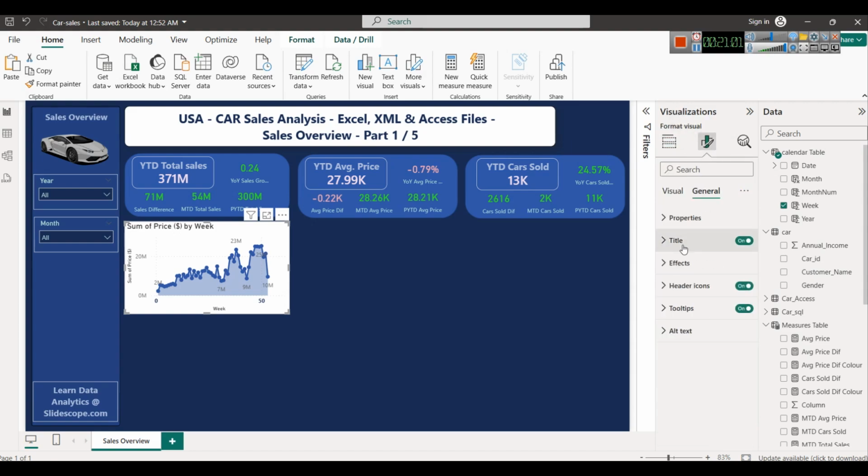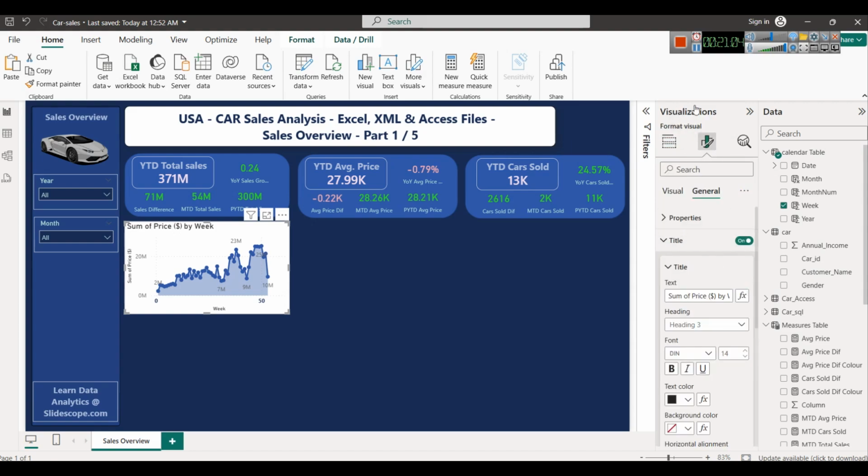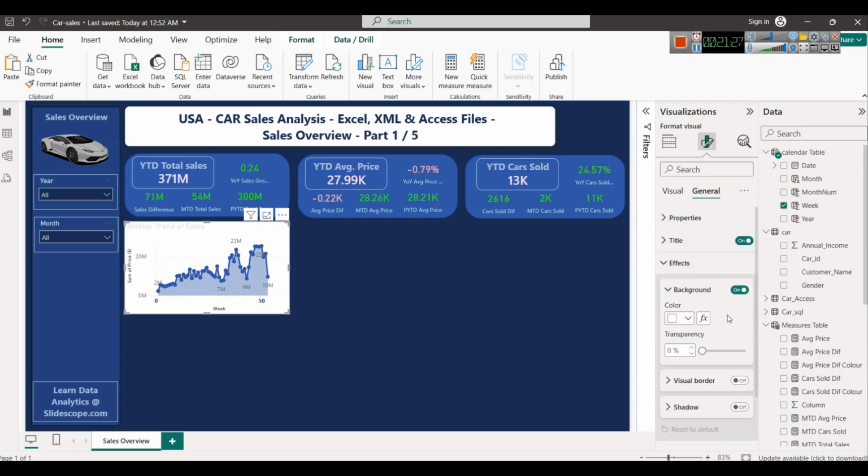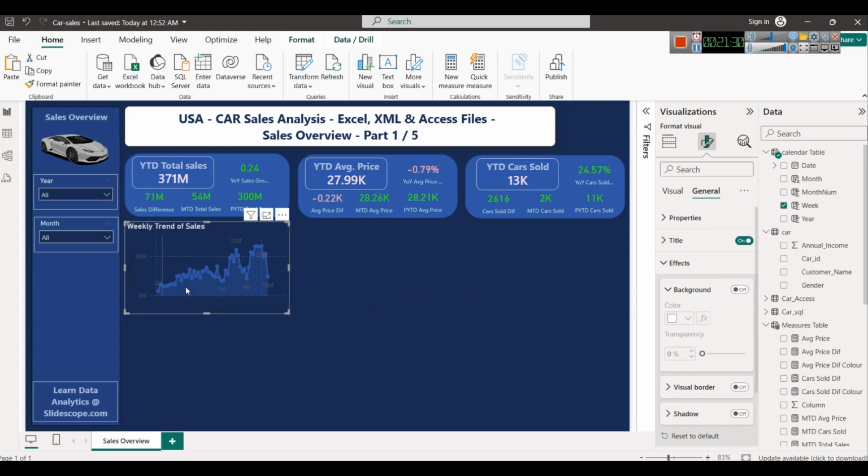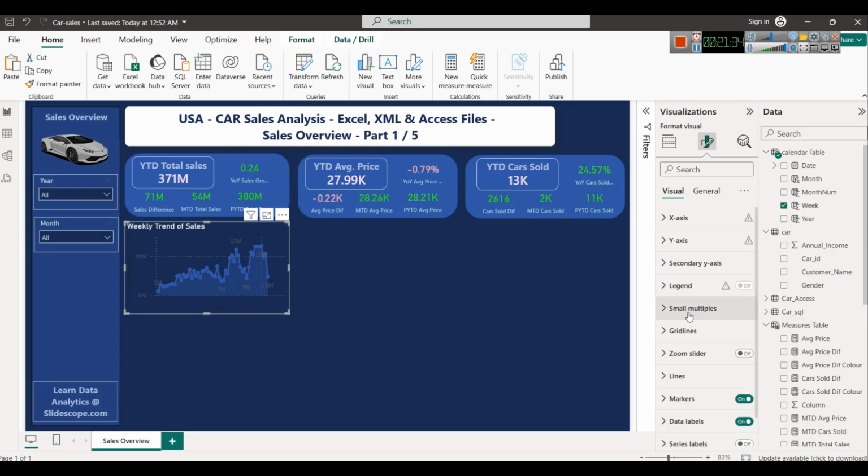So we can write something like weekly trend of sales. I've just altered the question. If you want to show monthly, you can do that as well. And here we can use this. I'm doing this because in properties, in effects actually, I'm going to disable the background. So now it will appear like this, and now we have to use some color that is properly visible, and